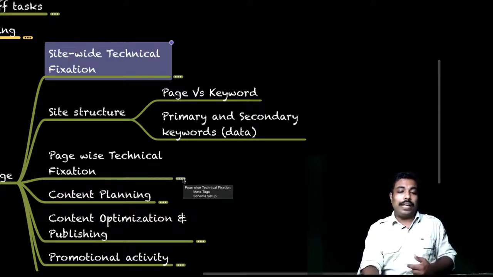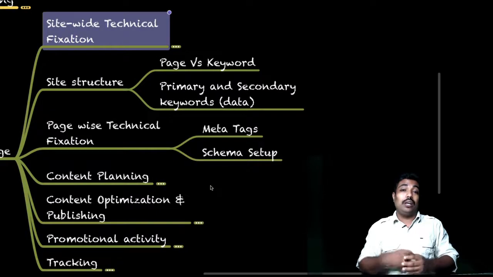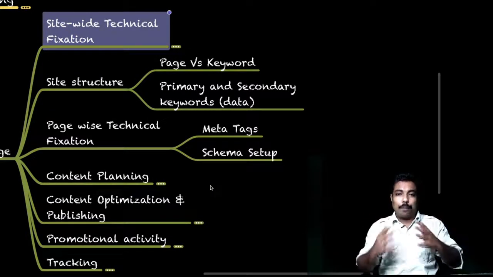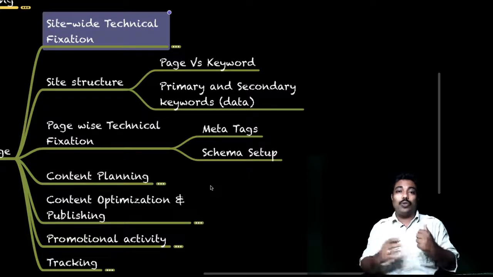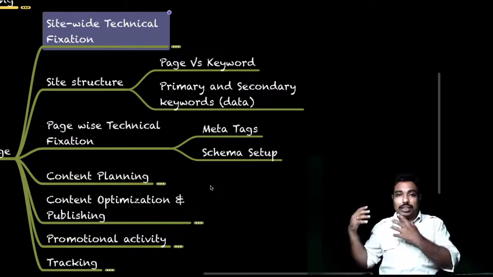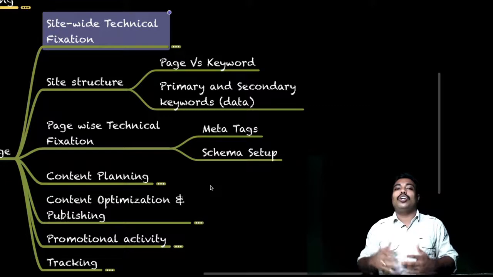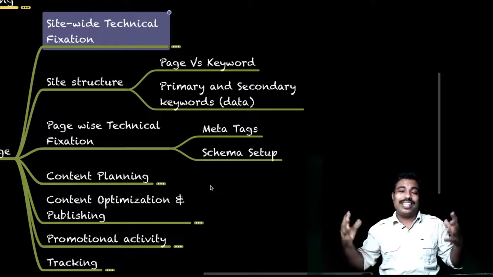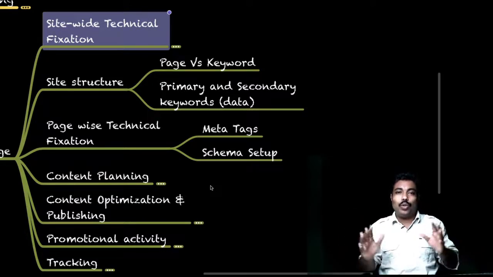Then the third one is page-wise technical fixes, where we check that meta tags are there and schemas are done or not. We visit each and every page and look for whether proper schemas are given for those pages. For example, a product page requires product schema, location pages location schema, and you can give service schema. These are the particular schemas you can mention,